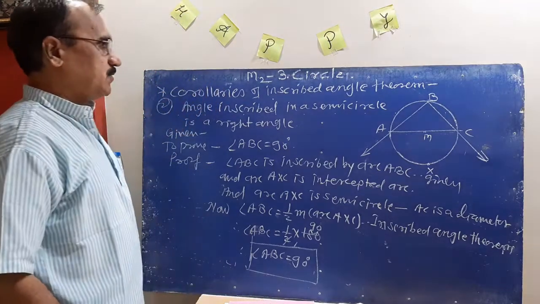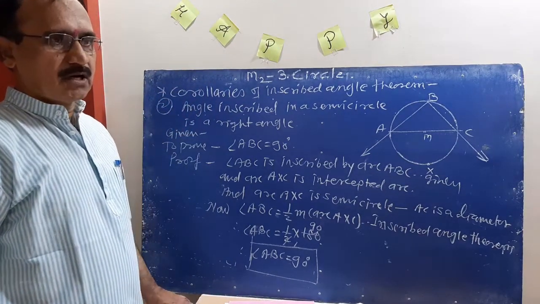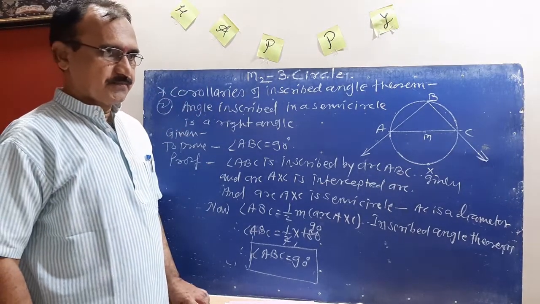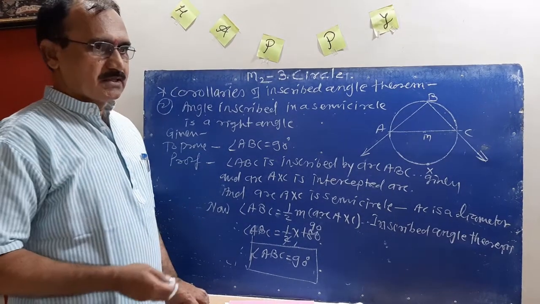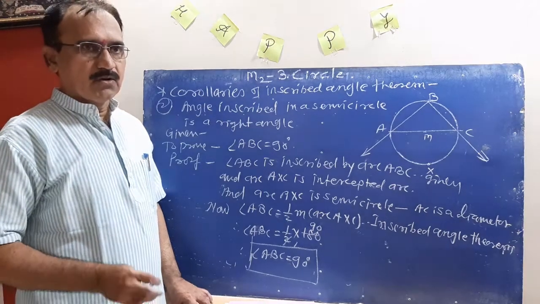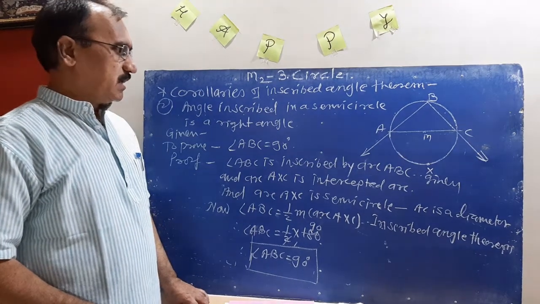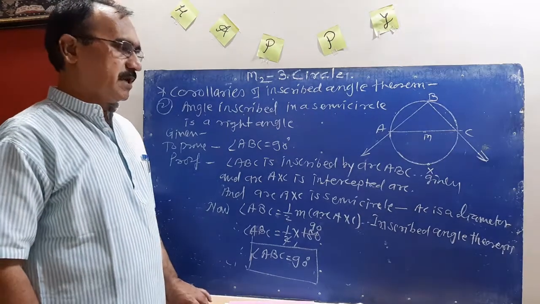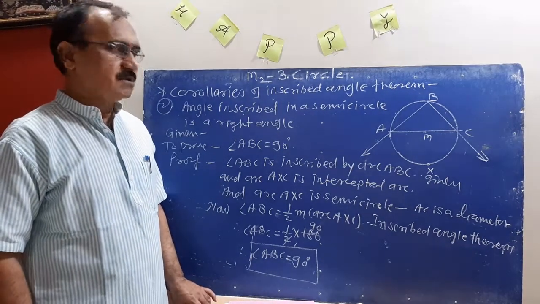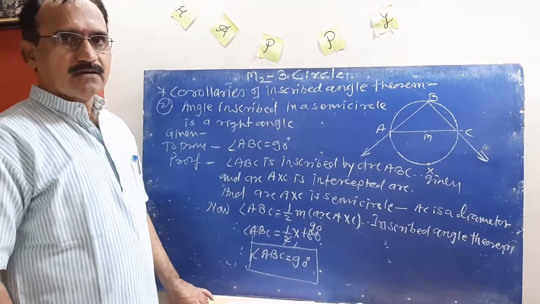Now our next topic will be the cyclic quadrilateral. We will see it in the next period. Write down this theorem and corollary yourself with the help of your textbook and try to understand them yourself also. The theorems and corollaries are important for the next exercise. Okay, thank you.